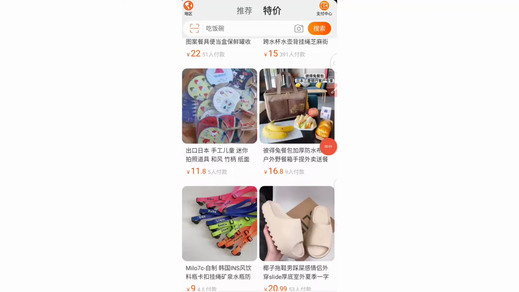Alright guys, in this video I'm going to be showing you how to scan on Toaboa's account, how to use the scan icon to find a product. Either you have a product in your house and you want to buy it, but you didn't have the pictures. The next thing for you to do is to scan the pictures on Toaboa's